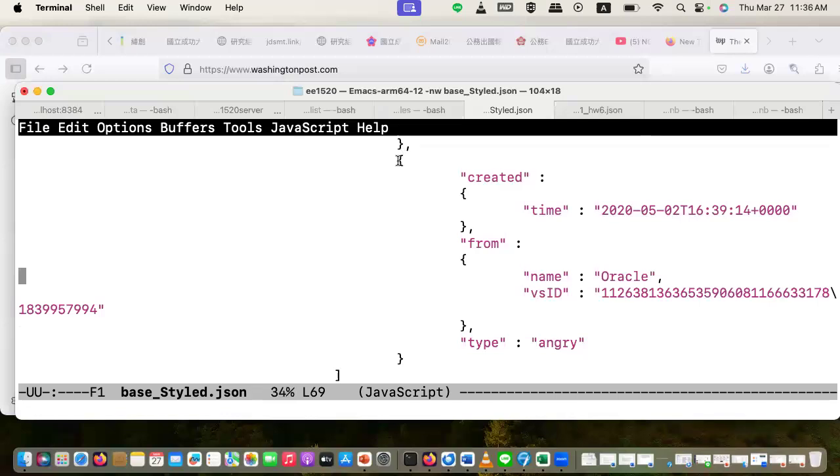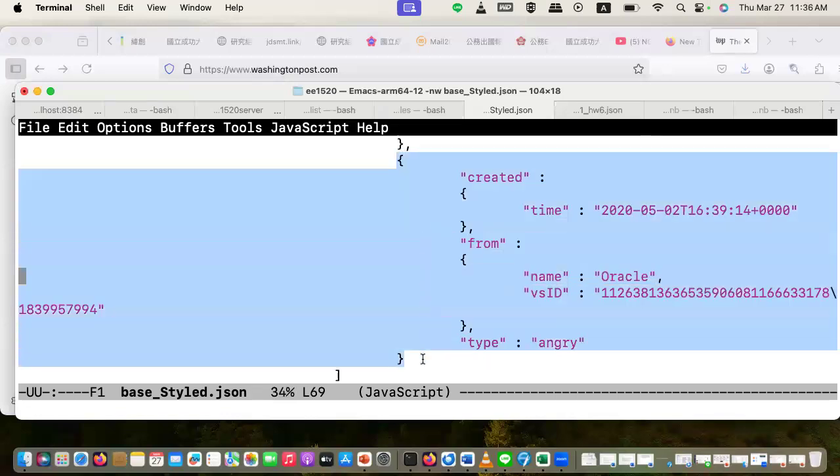By the way, this portion is a single reaction to whatever content you're reacting to. A reaction has a creating time, the time when this reaction was introduced, the person who introduced it, and also the type of reaction. So the reaction could be angry, could be love, could be like, could be something else.